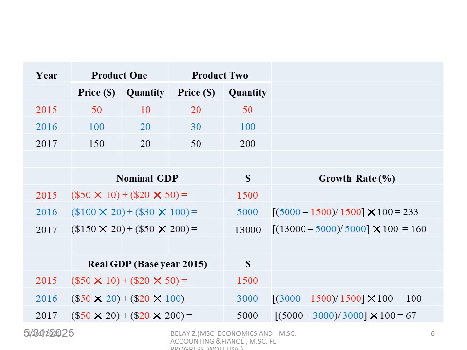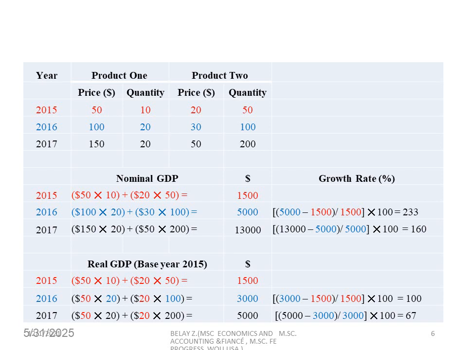So 5,000, that is 2016 nominal GDP minus 2015 nominal GDP over 2015 nominal GDP times 100 resulted in growth rate or changes. It shows change, percentage changes. What about 2017? We can calculate by using the same style. That is